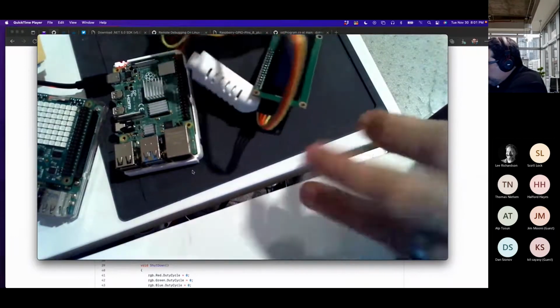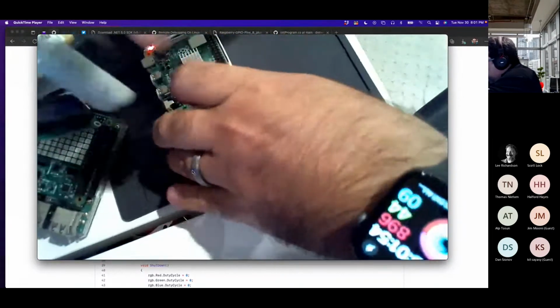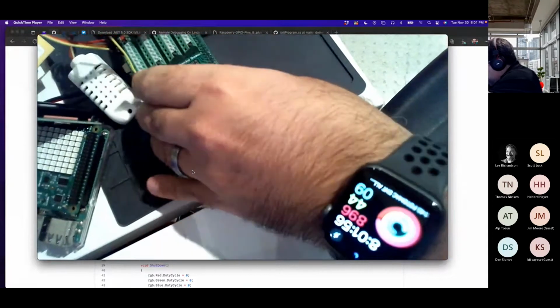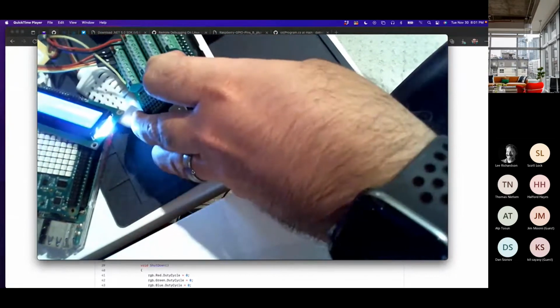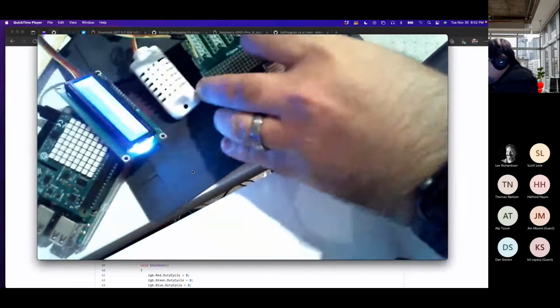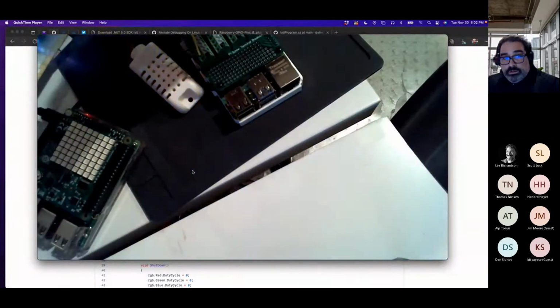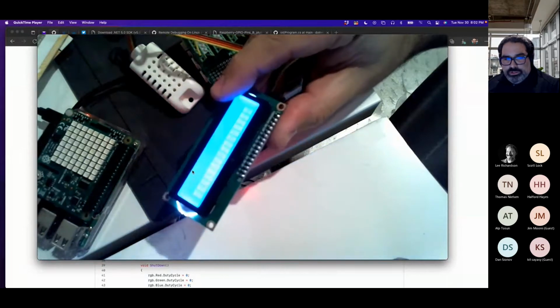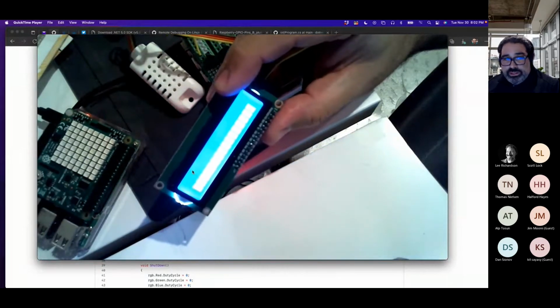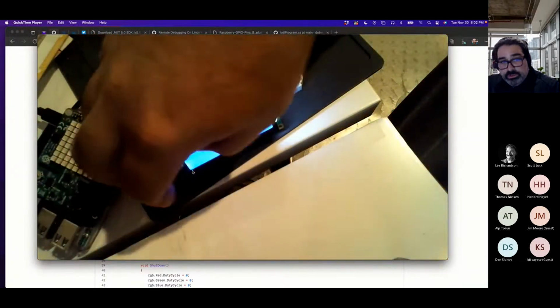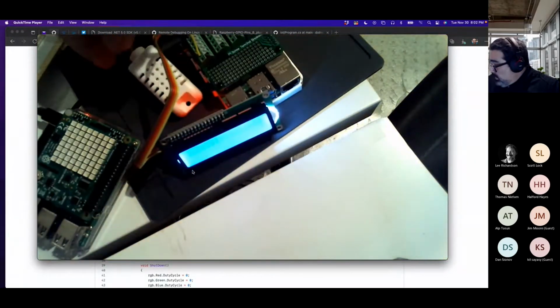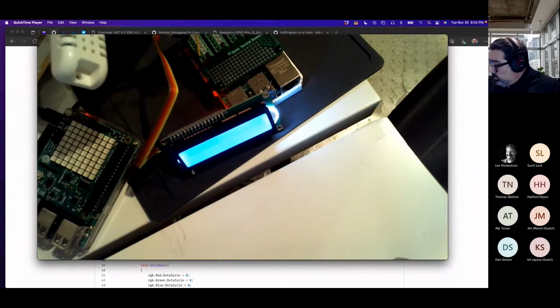And I'm going to bring in this dude. So hopefully you guys can see the characters on the LCD board. We'll just leave it here. And the temperature sensor is going to come through here.